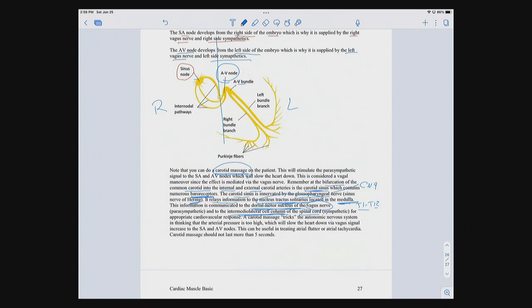So your IML or your intermediolateral cell column, that's your sympathetic system talking to your organs, in this case, the heart. So now I'm having my input from my